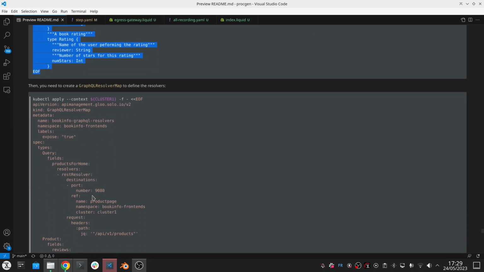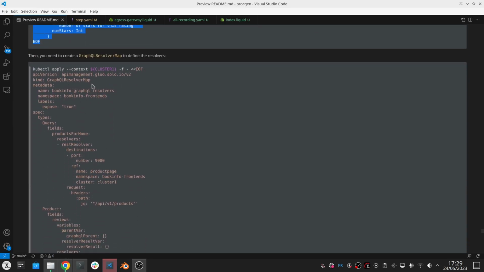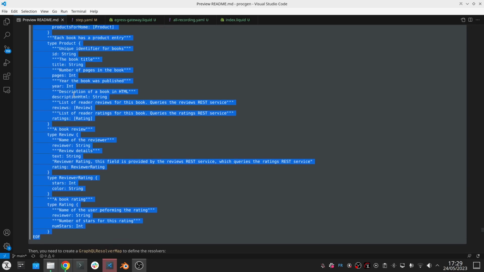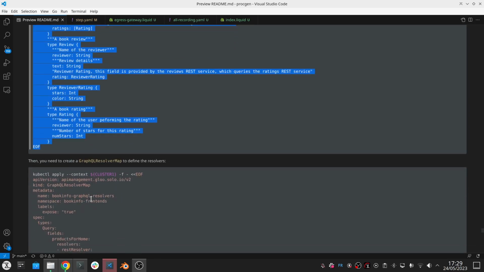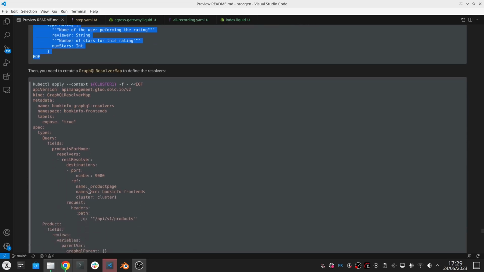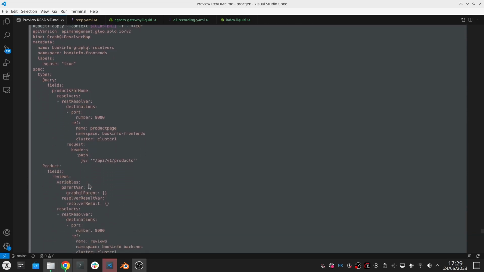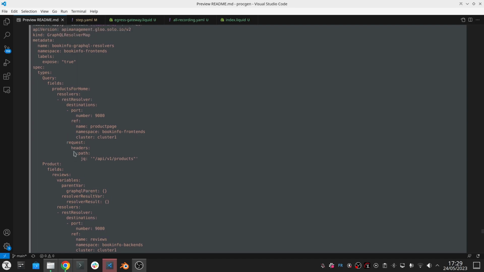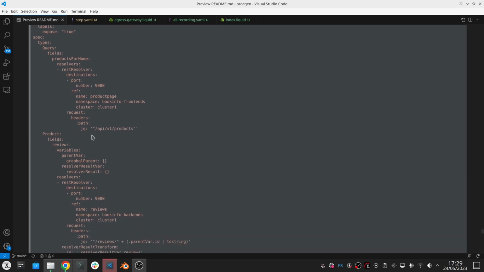We then need to create what we call a GraphQL resolver map. The idea here is to define as code, declaratively, how to resolve these different fields. How do we get this product and review and so on? Some other GraphQL solutions allow you to write JavaScript code or other languages to define how to get this data, which is very powerful but very complicated to maintain. Here it's fully declarative, and we leverage the JQ capability to make some advanced transformation on the data that we